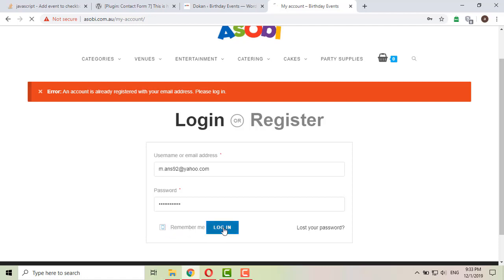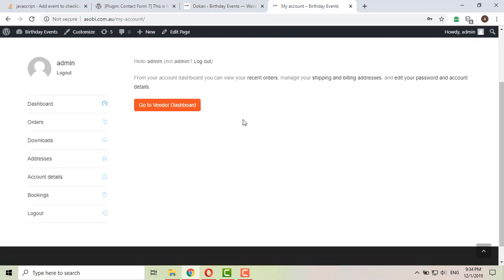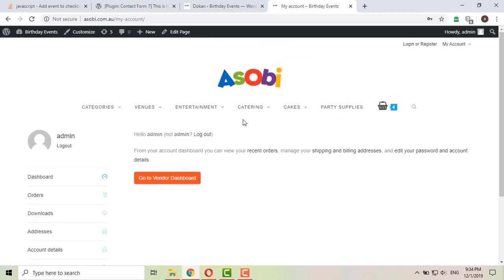And log in. If someone wants to change his password, he can click on lost your password and regenerate his own password. So this is the dashboard.